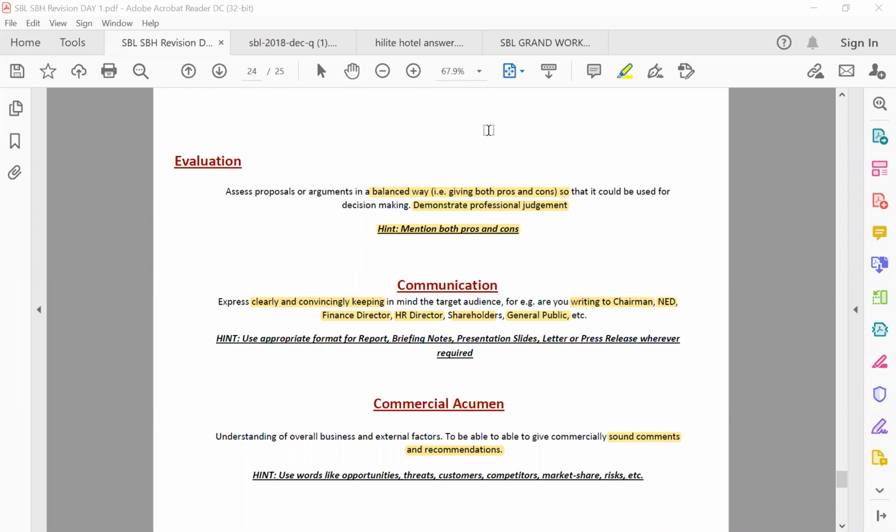Because you don't only take decisions on the basis of financial grounds, rather you take decisions on the basis of the overall business environment. This is known as commercial acumen, right? Do you get this? Okay, so